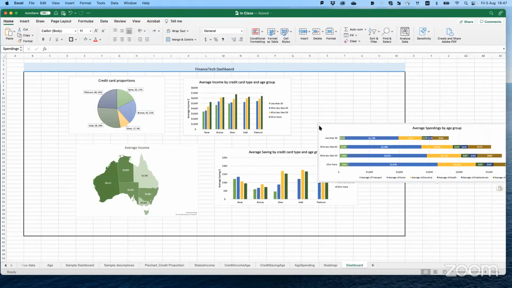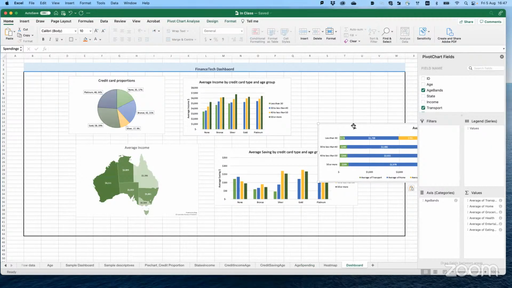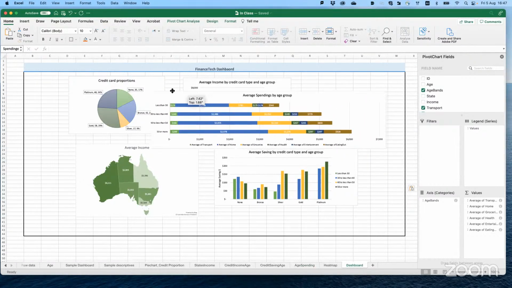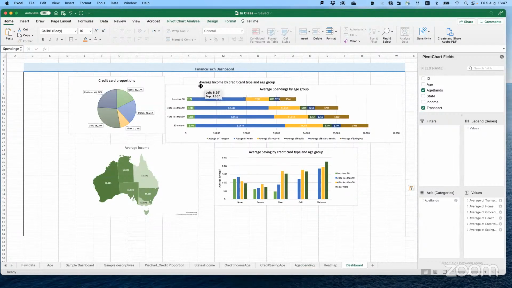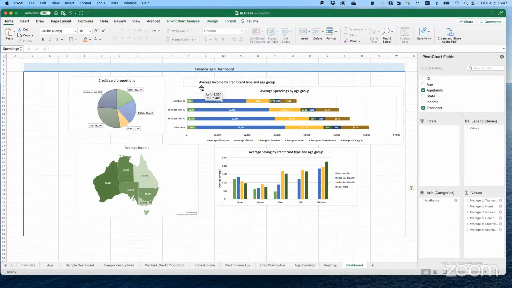So we have everything other than our heat map and our slicers here.